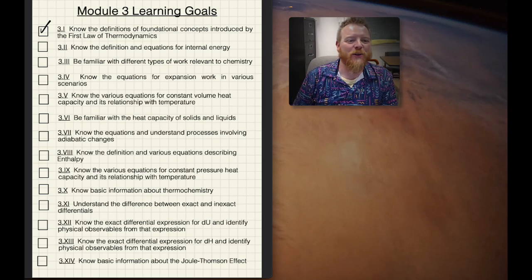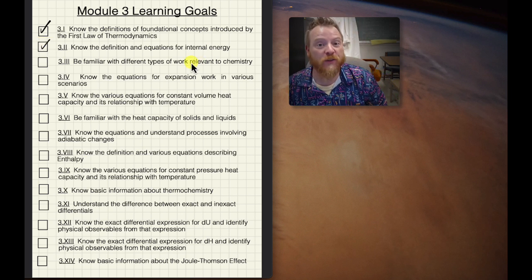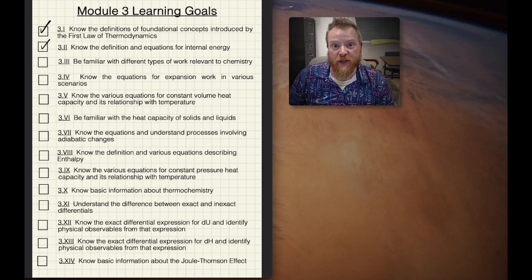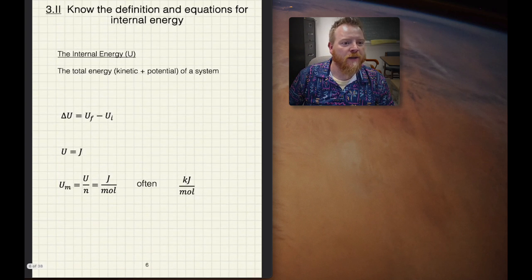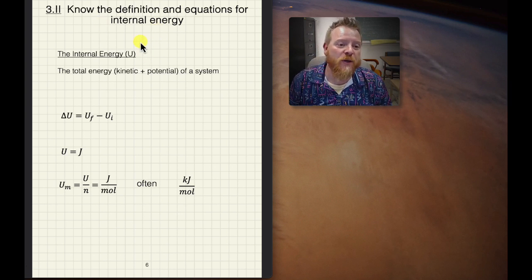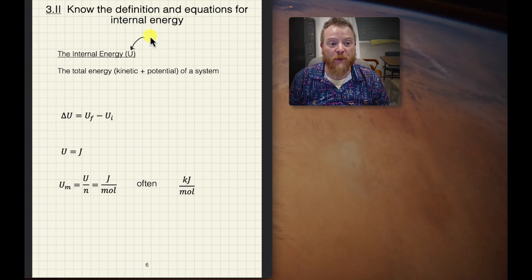Okay, next learning goal. More definitions, this time some equations, and specifically for internal energy. And we're going to set up the definition for the first law. So let's see, find a slide. So there we go. Internal energy, as we noted, gets a capital letter U, indicating that this is a state